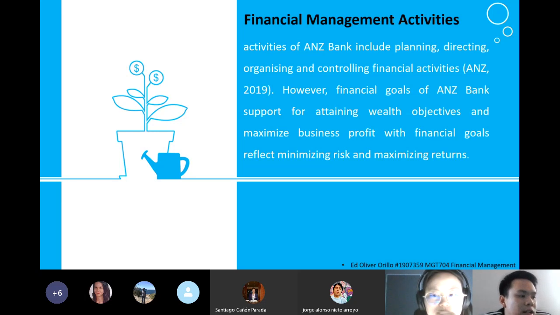resulting in ANZ financing over 30% of all home loans in New Zealand. Second, ANZ accounts for 1% of New Zealand's GDP. And also, nearly 1 in 2 New Zealanders have a banking relationship with one of their brands. Also, they are the largest rural banker with a share of 39%, and 20% of the New Zealand finance and insurance employees work with them.